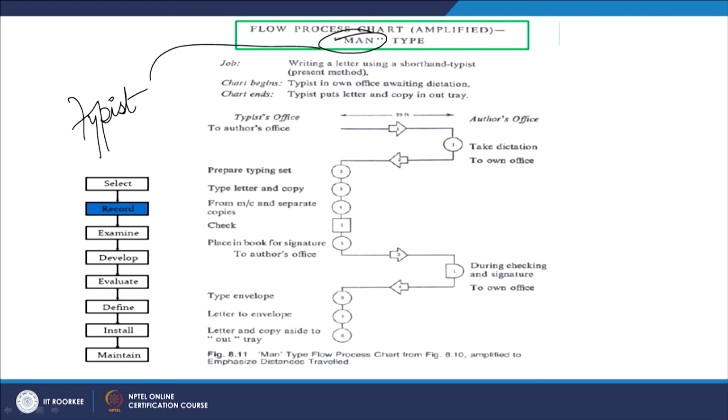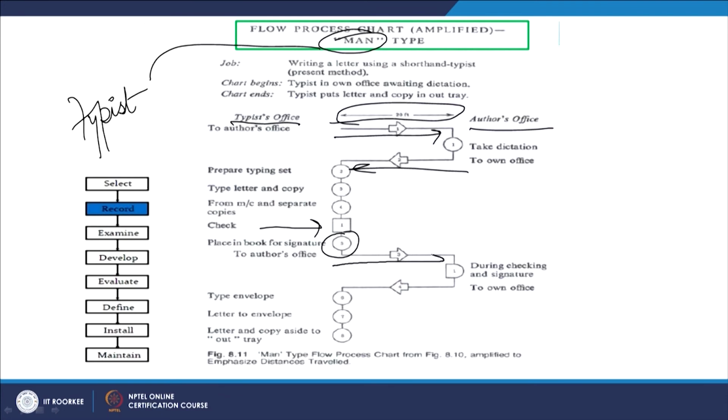So here we can see it is showing the distance, which was also mentioned as 20 feet. Typist's office is here, author's office is here. So the typist goes 20 feet to the author's office, takes dictation there, comes back again 20 feet, and then prepares the typing set, types the letter from the machine and separates the copies, then makes the copy, checks it himself, and places it in the file for signature.